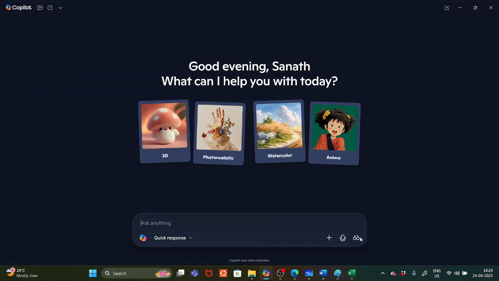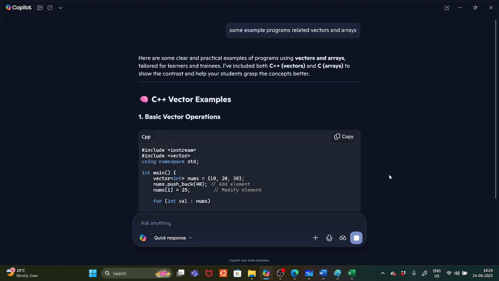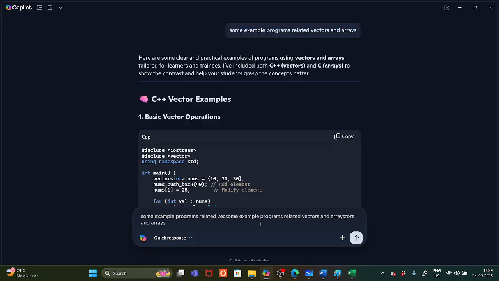You can make use of this model. Basically they will give some example programs in Verilog. Okay, vectors and arrays in Verilog. So here if you see, in Verilog,